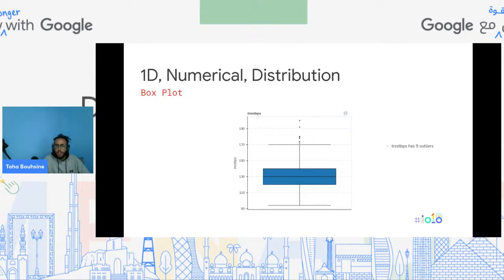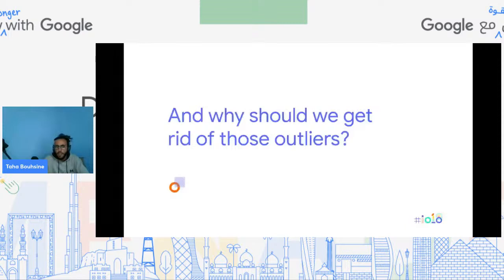Okay, and why should we care, or should we get rid of those outliers? Well, when we want to scale our data, for example, those outliers intervene and add so much noise, which makes the scaler not perform well. And there are some loss functions that are quite sensitive to outliers, like the squared error loss. So when dealing with these outliers,